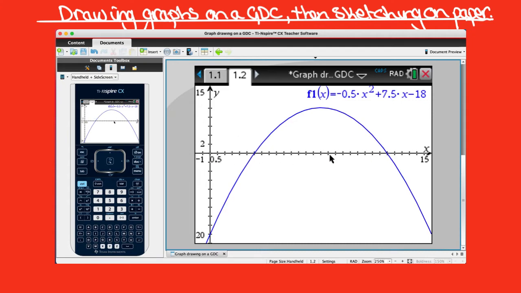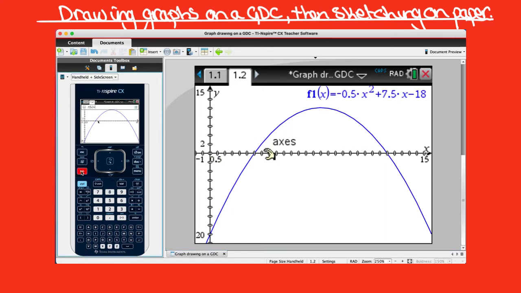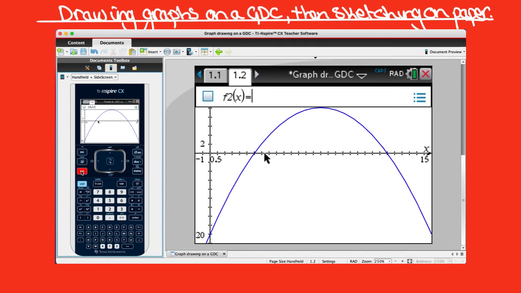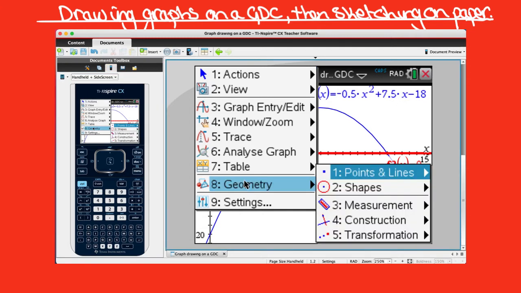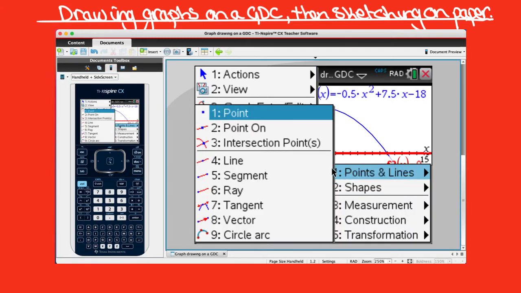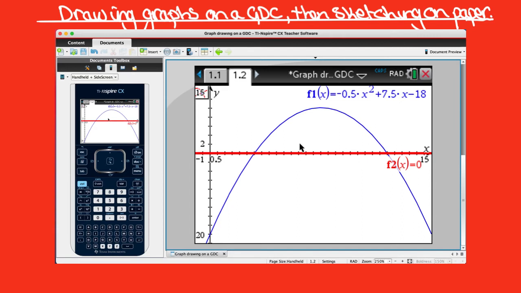We need to draw another graph, so we need to draw the graph of y equals 0. So tab, f of x equals 0, enter. We can now find the intercepts. So menu, geometry, points and lines, points of intersection. We need to touch both graphs, so 1, 2, and there we get our two intercepts, which are (3, 0)